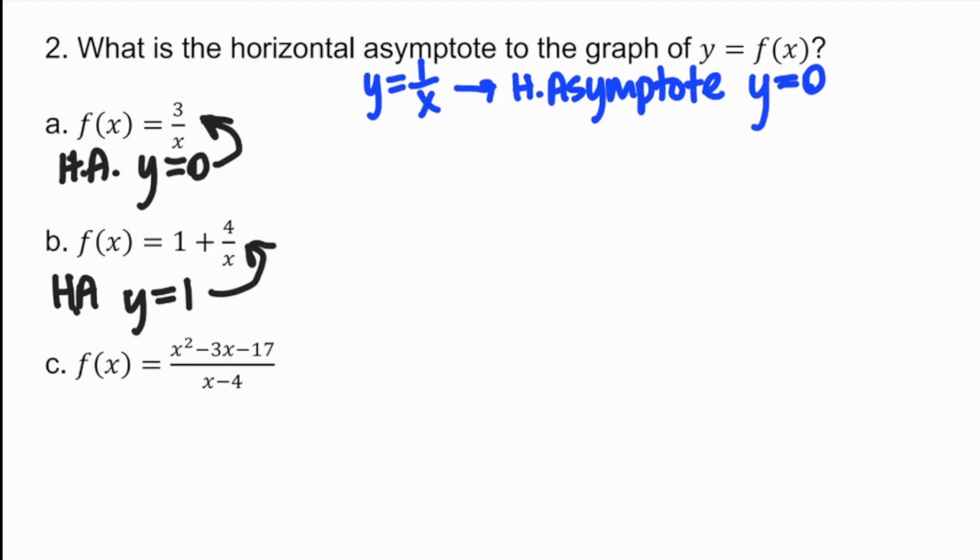Or you could think of it as a graph of y equals 4 over x shifted up by 1, because of that addition of 1 on the outside. And so if we shift everything up by 1, that horizontal asymptote is also going to get moved up by 1. Now part C